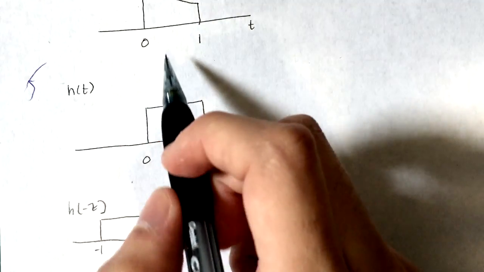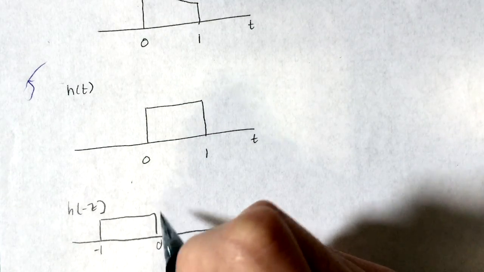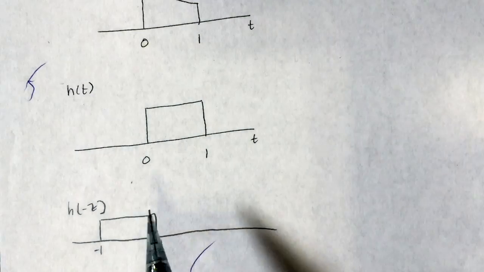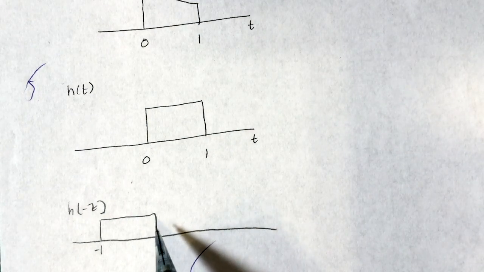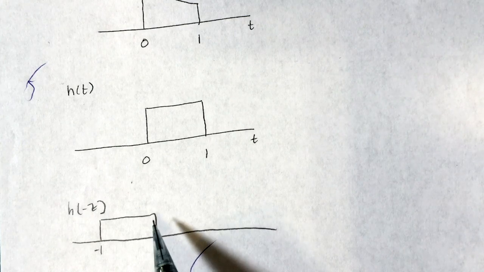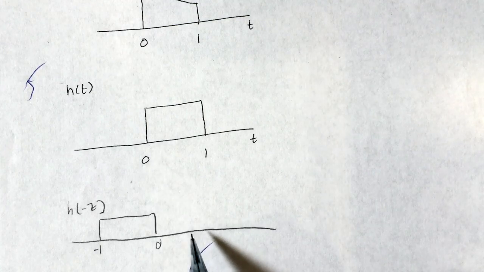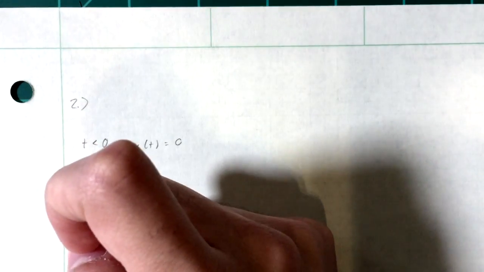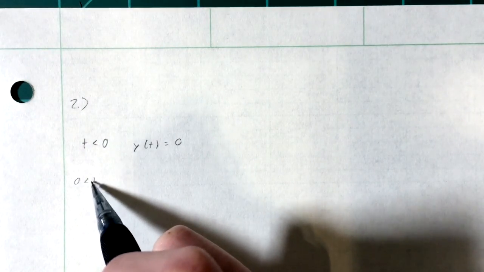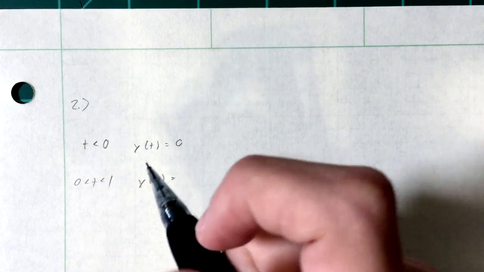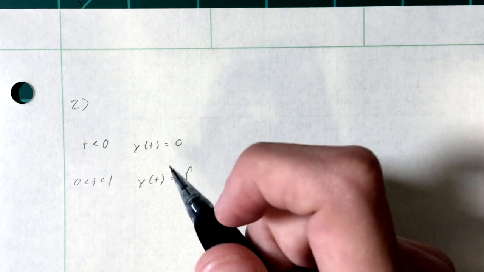So this will be about right here, and so that bottom bound will always be this 0 function right here, and it'll go to however much we shift it by, right? Because this is 0, so when we add t to that, it's just some value of t. So when we have 0 less than t less than 1, y of t, we'll use the